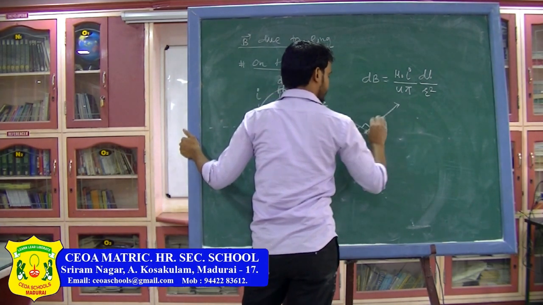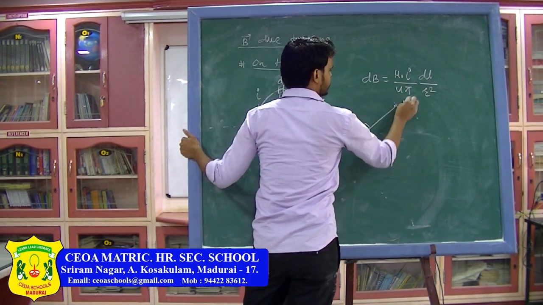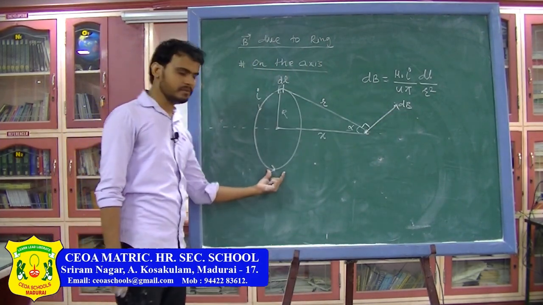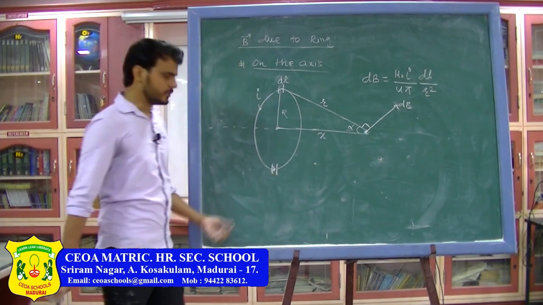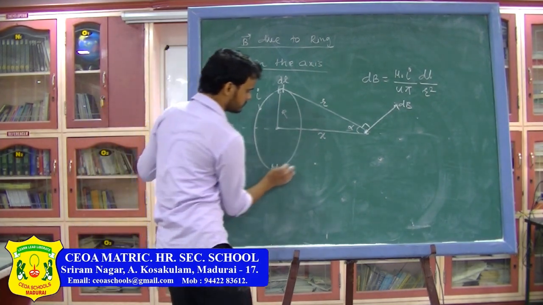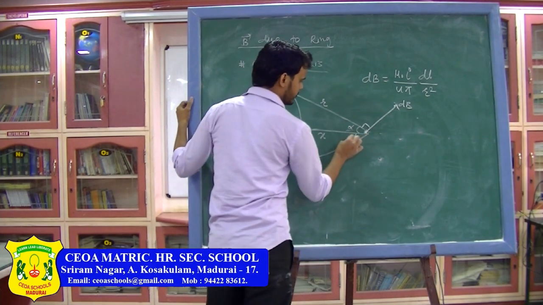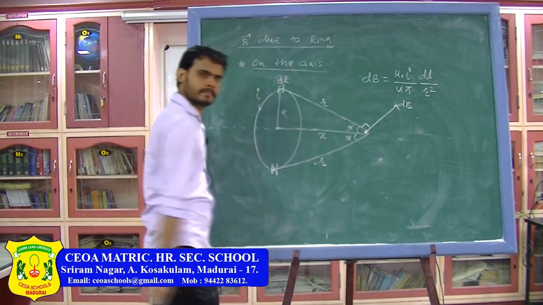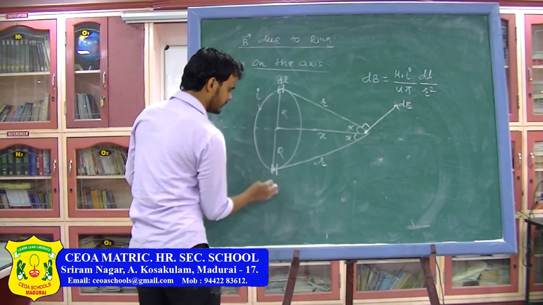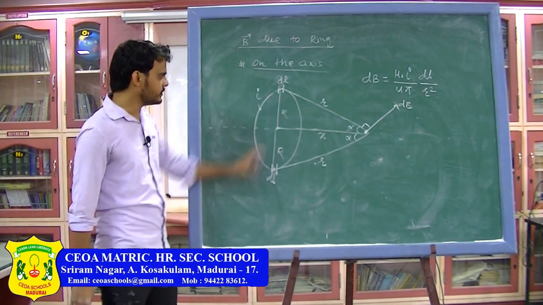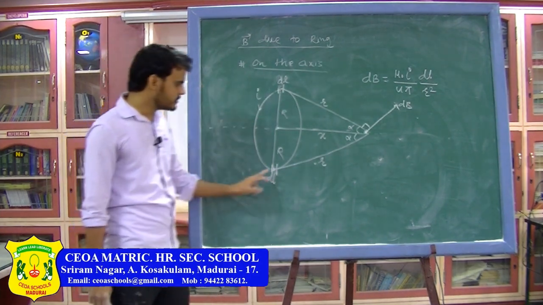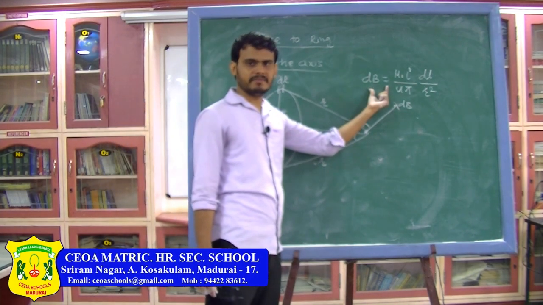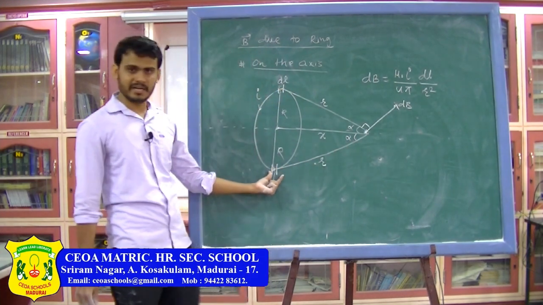Here this angle will be 90 degree. So this is the magnetic field due to this current element. Similarly, I can take a current element at this point also. Due to this current element, again, if this angle is alpha, this will also be alpha. This distance is r, this will also be r. The radius is r and the length of the element is dl. So, as you can see, this situation and this situation are symmetric. So, the magnitude of magnetic field due to this current element will also be this, but the direction will be different. Let us find out the direction due to this current element.